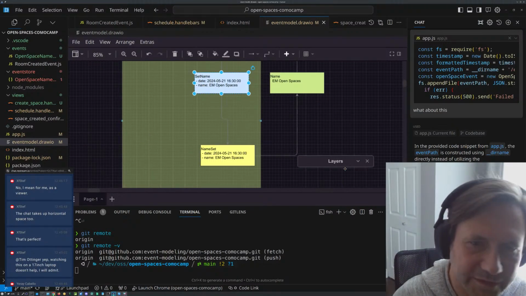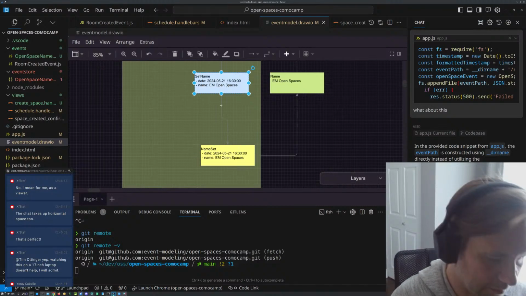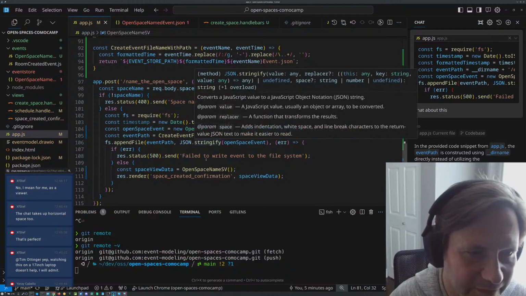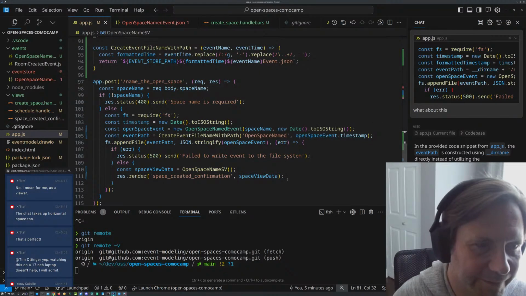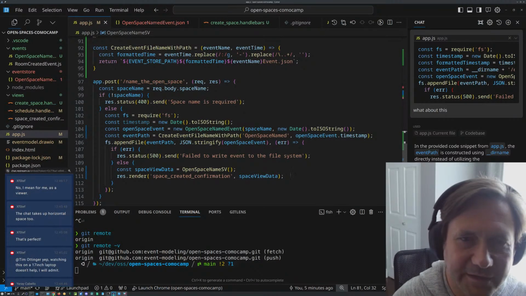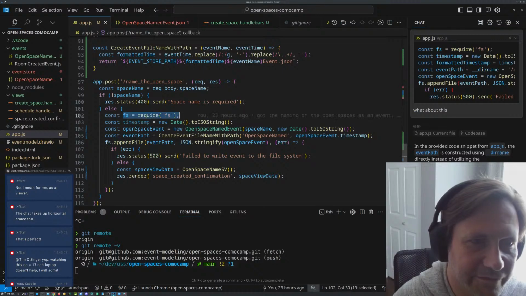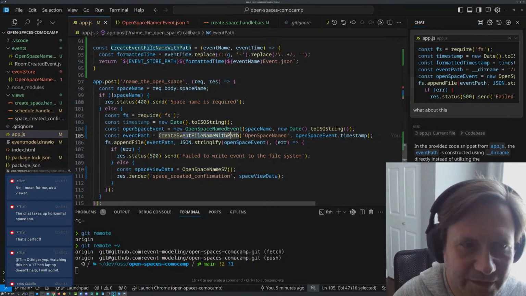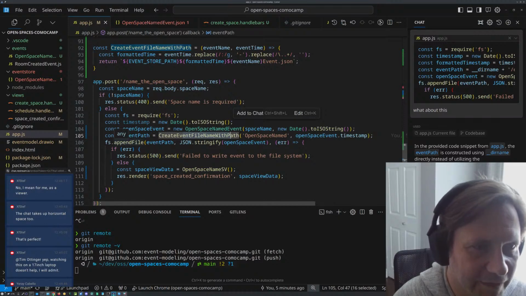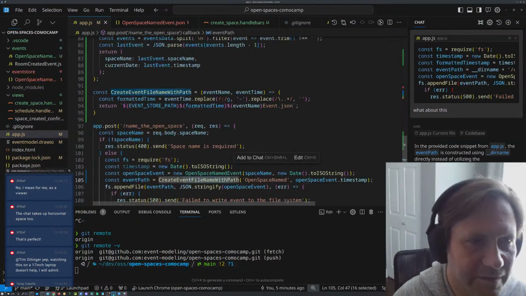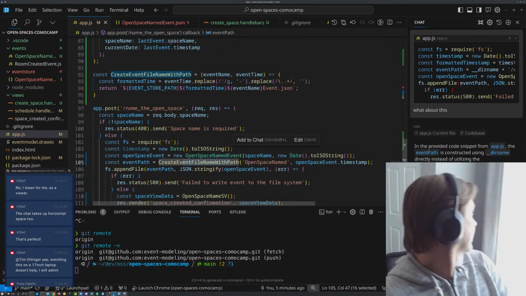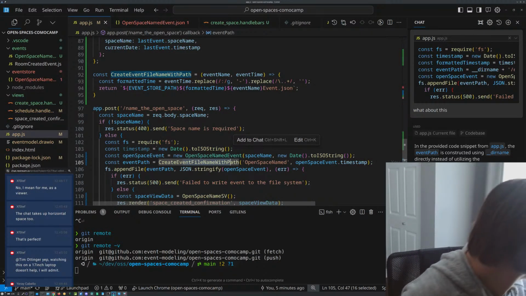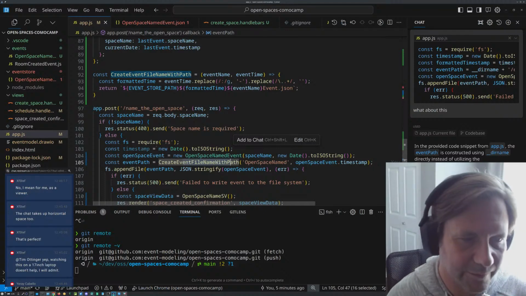All right, we can move the layers here and go back to our code, because I forgot where we were already, but that's okay. I think I have ADHD. Anyway. So we have this require thing, which I hate. Create file name with path, file append.